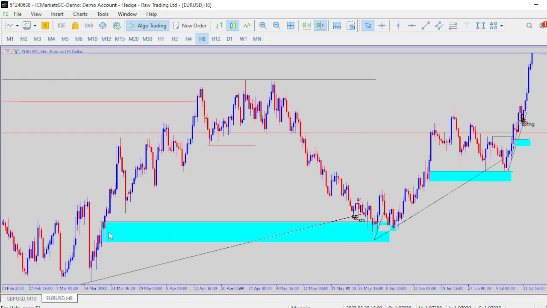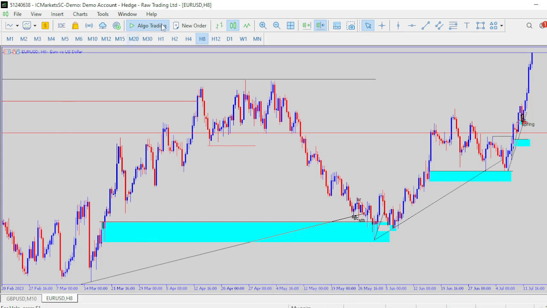Then this demand zone, it's in a discount, a discounted price. An extreme premium is a supply, and a discounted price is a demand. You see,